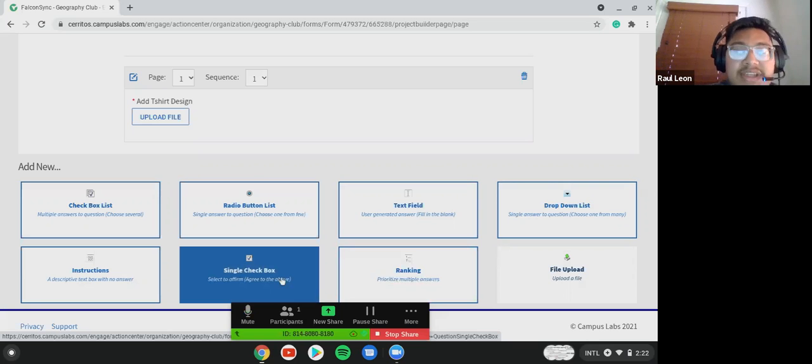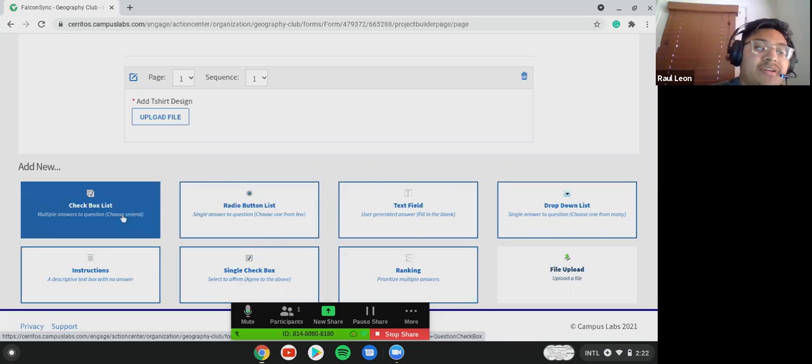Single check boxes, you can only check one out of the ones listed. This is multiple choice. Checkbox list. Let's say, which events would you like to see in the next month, and you can have multiple items, and people can just check them off. They can check multiple answers off.